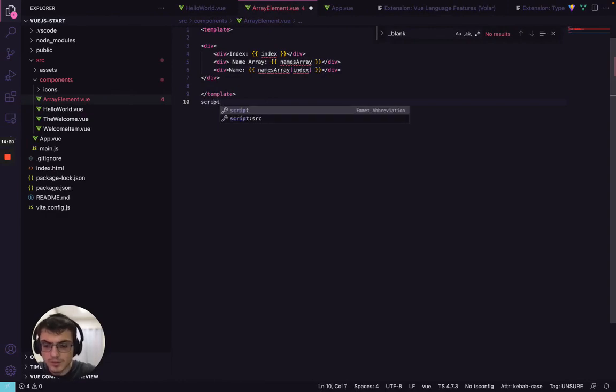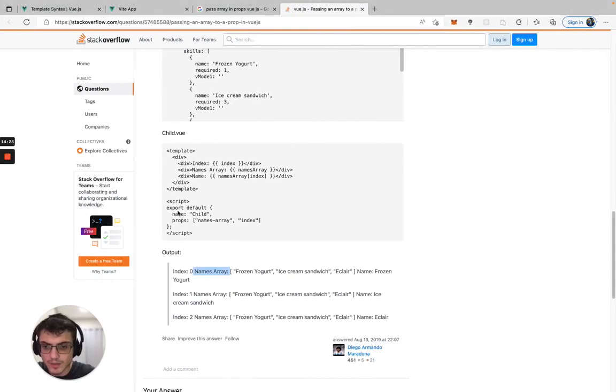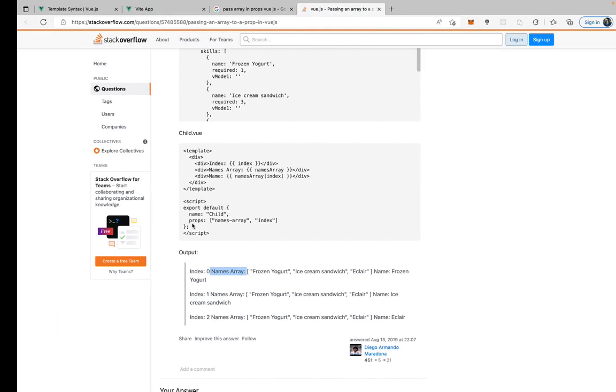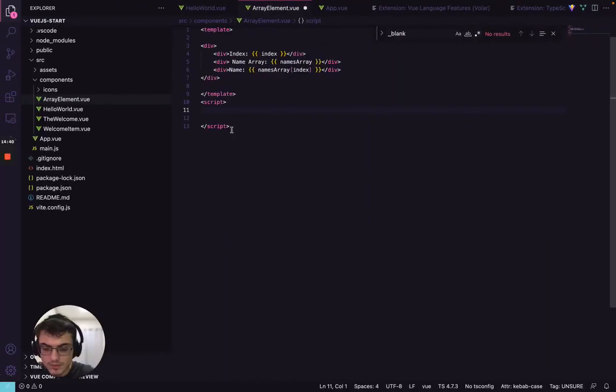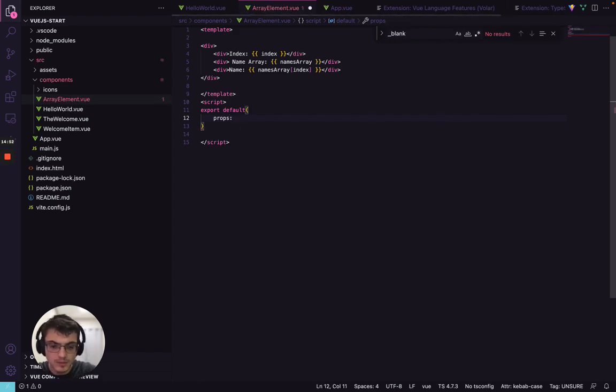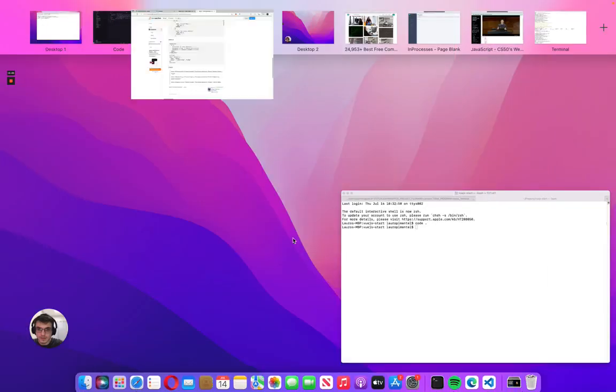The script is, let's see how it's written. It is written in just a function, just some function. No, not function, just some JSON element. Yeah, just export default. Props. This is where the props go in. So index, let's just do some